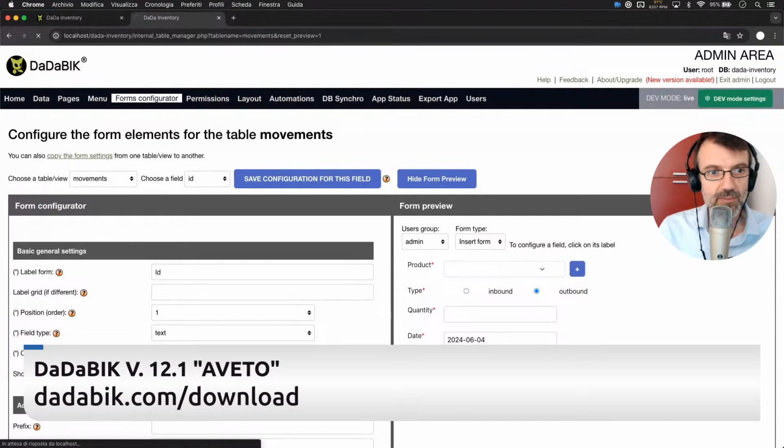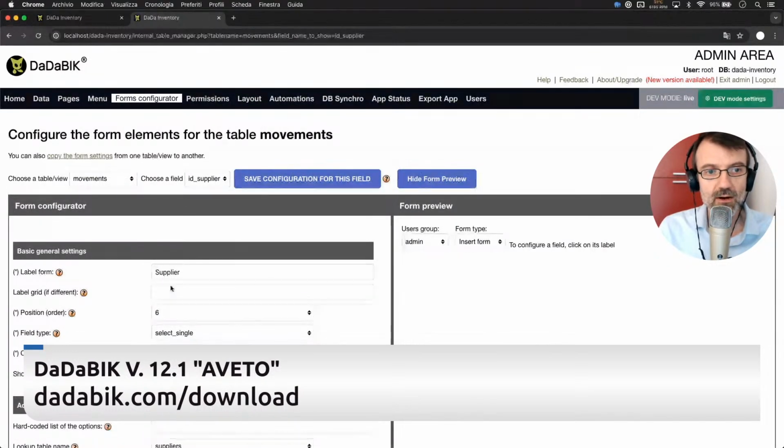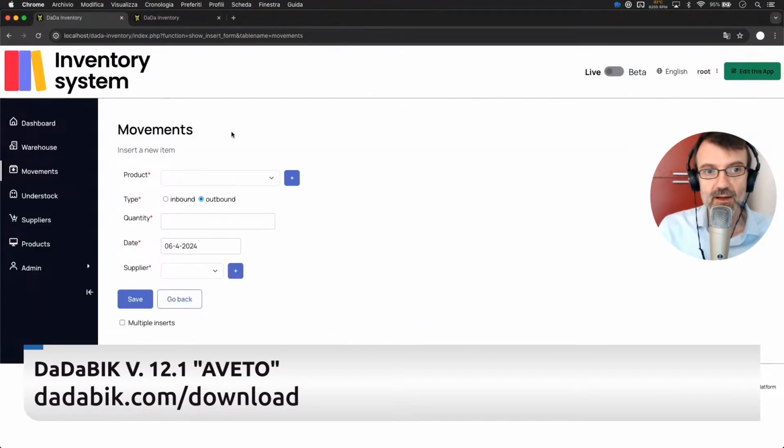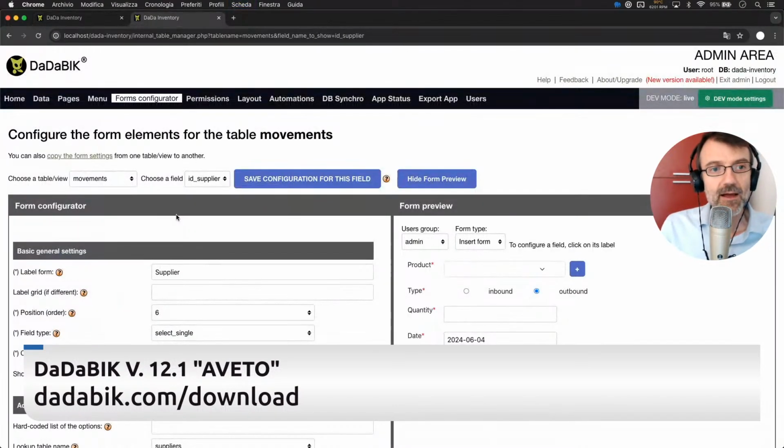The field is supplier. So we are going to configure the field supplier of the table movements. Behind this page there is a database table. In this case it's a MySQL database, but Databik supports other DBMS as well. A movements table, I was saying,